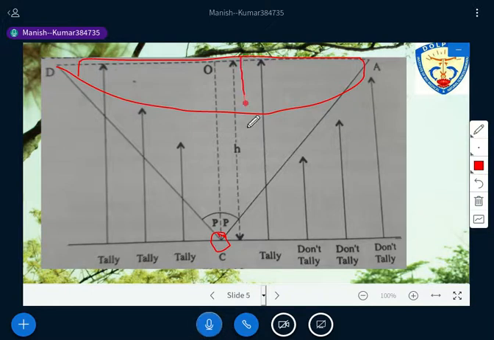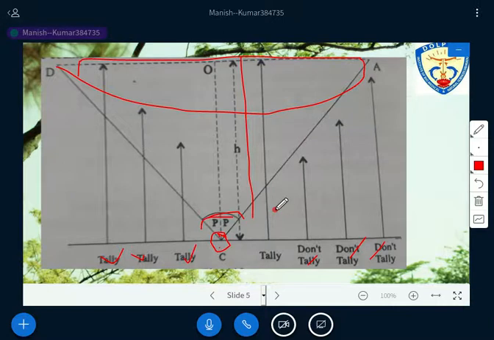This h is the average height that has been taken, and this is the point where you are taking a sample, that is a random sample point, and this is the angle that has to be formed here. You are looking with a 360 degree movement, and all the trees have to be counted in this manner. Those that come in your sight are tallied; those that do not come in your line of sight are not tallied. Just look here, right? In this way we have to count the number of trees. Is it okay? Up to this point, is it clear to all of you now? It's not so difficult, but at least try to understand.